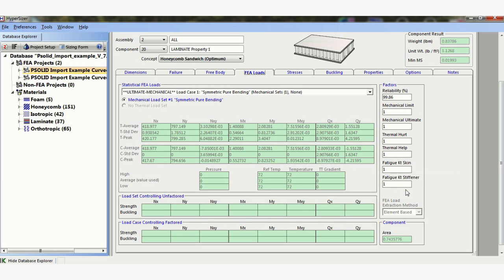These are really good, thermal hurt and thermal help. You have to understand that. There's too much detail here. I've never used these KTs. I've never used this for fatigue, so I can't really comment on that. But